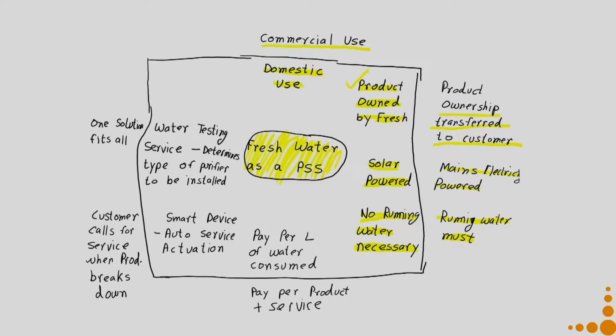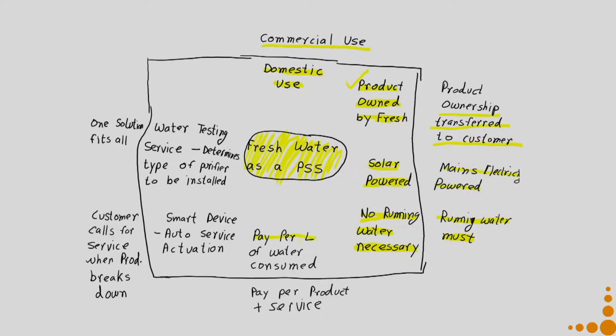So when I say no running water necessary, it might also mean that if you have running water, there is not a problem. If I would have said that it runs only when somebody fills water into it, that has a different meaning as compared to no running water necessary. So it's very important that you choose the words in a manner that you can define those words properly. What do they exactly imply in terms of product specification? So when I say no running water necessary, it means it can run even if there is running water and even if there is no running water.